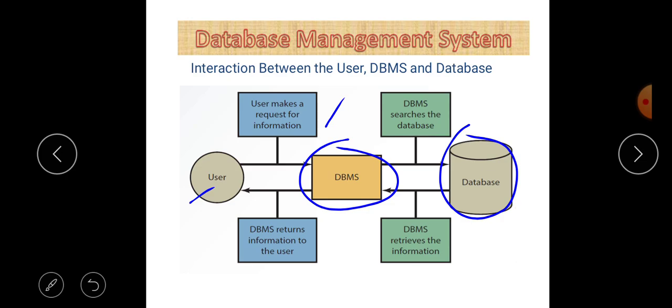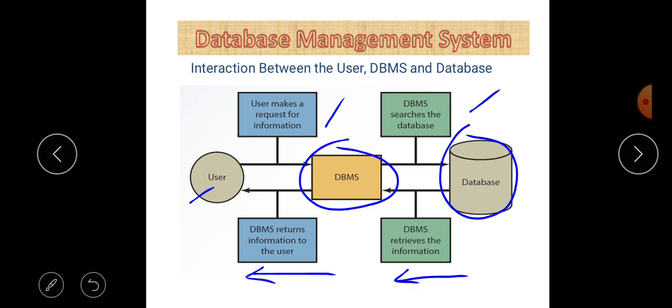Then through the DBMS software, DBMS searches the database, and there is an arrow from DBMS to database which says that DBMS retrieves the information, and then there is an arrow from DBMS to user which says that DBMS returns information to the user. So that is the whole functionality of the DBMS.